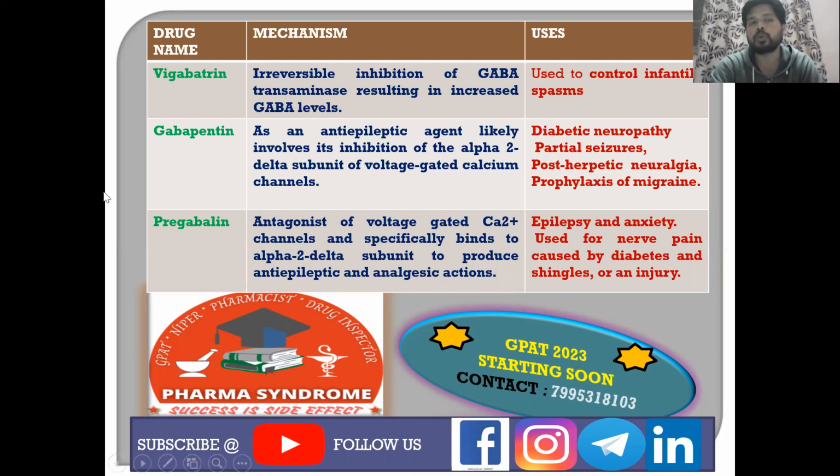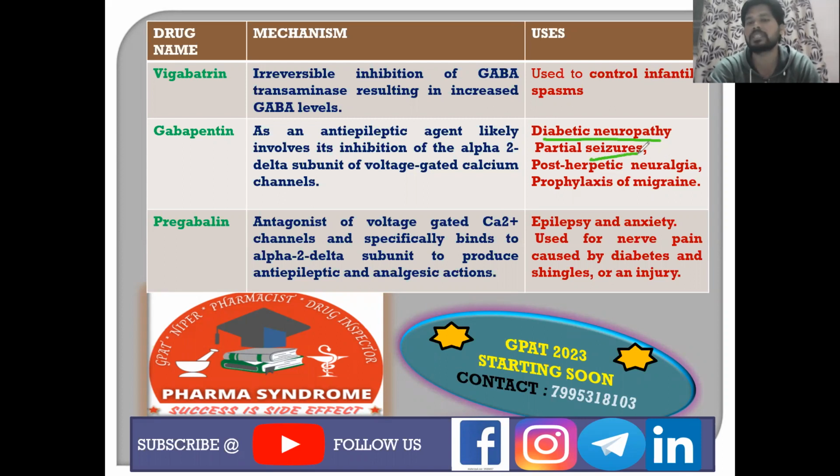And as I already told you, gabapentin as well as pregabalin, apart from anti-epileptic action, also have analgesic action, so they have other clinical uses. Gabapentin is also used in diabetic neuropathy, the inflammation of neurons because of diabetes,